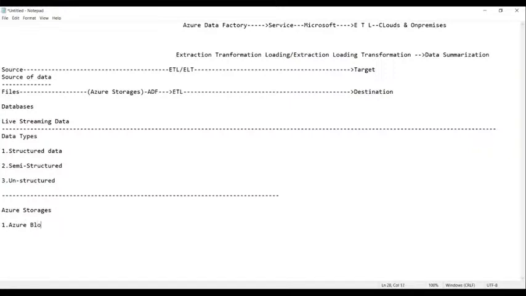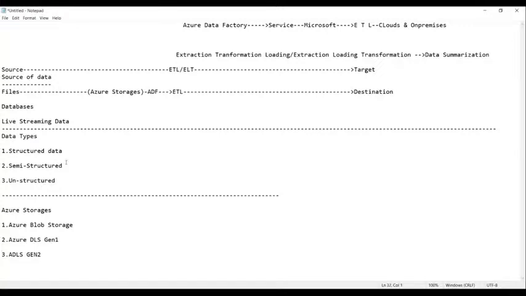The second one is Azure Data Lake, Gen 1 and Azure Data Lake Storage Gen 2, ADLS Gen 2. Azure Data Lake Storage Gen 2 or Gen 1, whatever we say here.